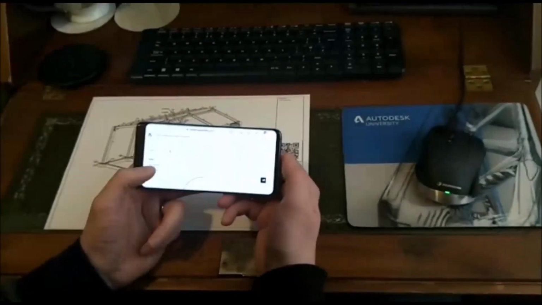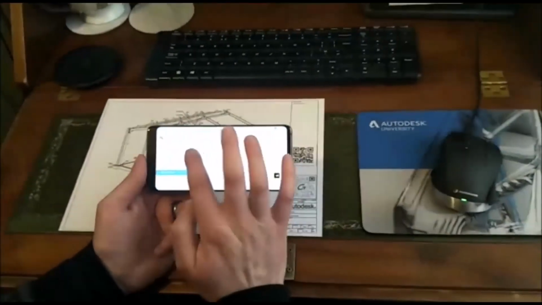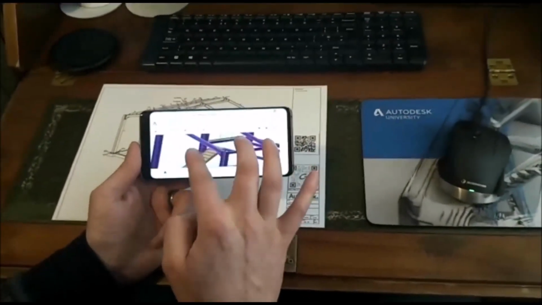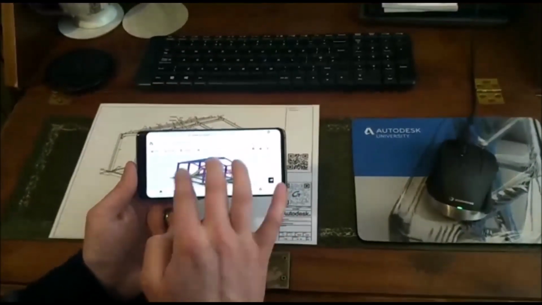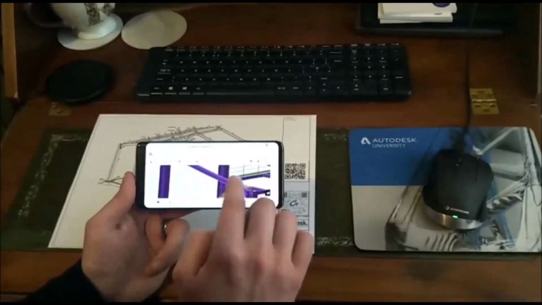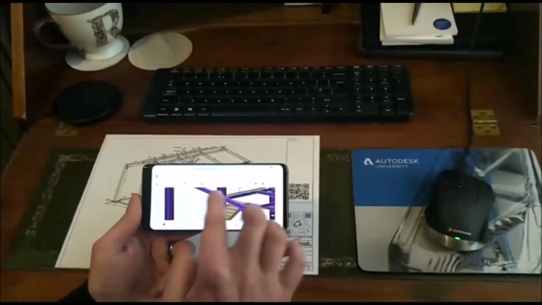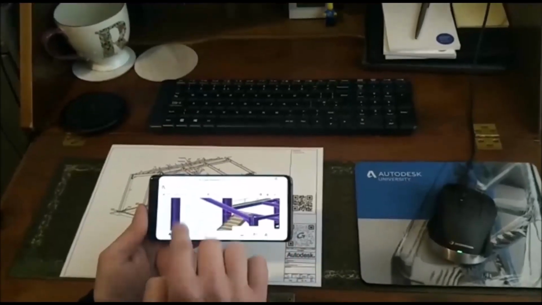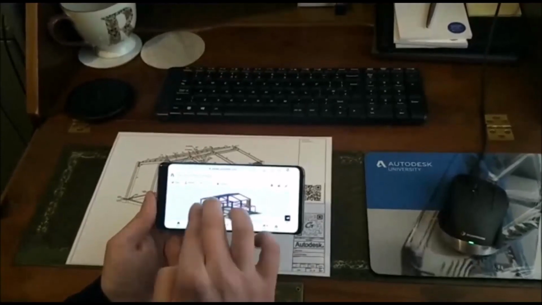You can see with working from home and the kids' online schooling, our Wi-Fi is a little bit slow today, but there you go. That's the model on my phone. Again, a little bit harder, but you've got the same tools there. Eventually, when I actually get to double click on it and bring up the properties, you can see that we can get the properties. So I'm going to go for the column because it's easier. You can actually get the properties